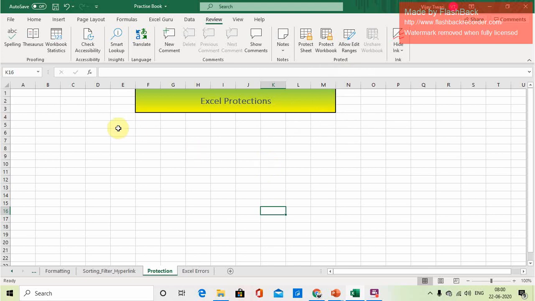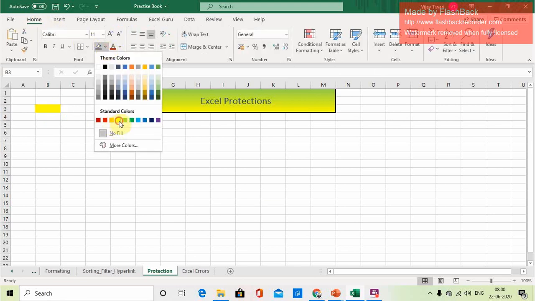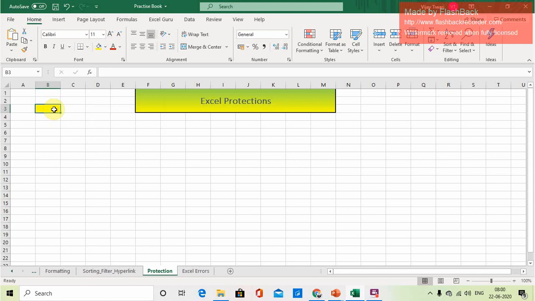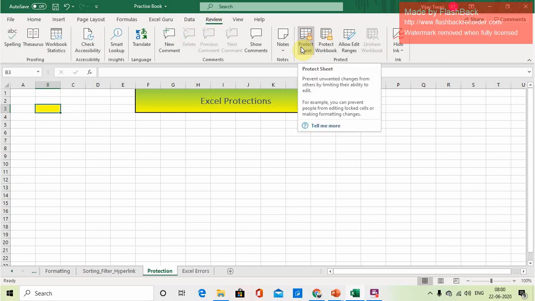Now let's understand, suppose we have to protect some specific cell. Suppose this is the yellow highlighted cell B3. Now we have to protect only this cell. How to do that? To apply the protection on this particular cell, because if you apply the password it will apply on the entire sheet since all cells are locked, what you have to do is unlock all the cells.